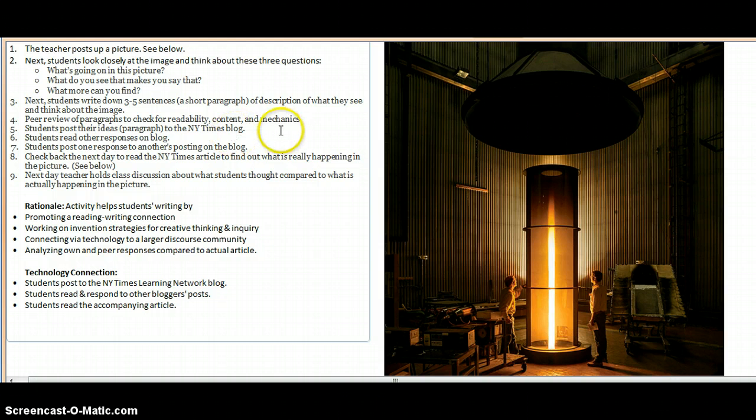So they would post their little paragraph up to the blog, and then students would be asked to read other responses on the blog, and also to respond to one of the other student postings. Then 24 hours later, so in the next class period, so this is actually a 2-day activity, in the next class period then, we would go back to this picture and talk about it a little bit, and then